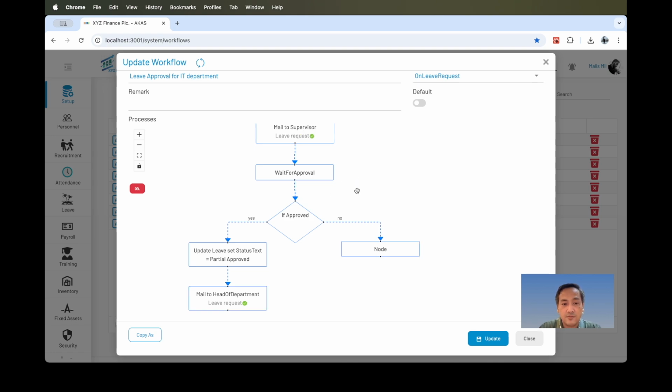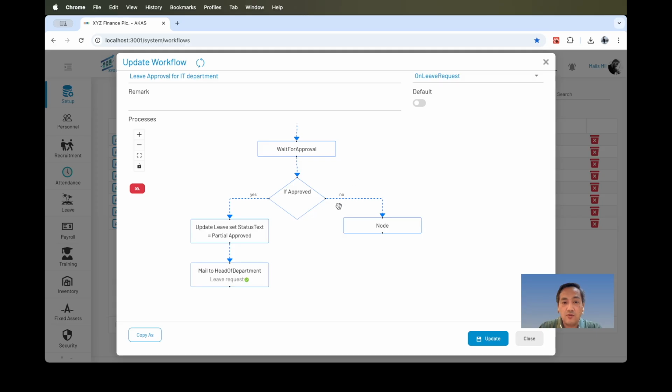All right? So now, what about if it is not approved? Not approved means it is rejected, right? So we can, let's say, update some status, and here we can copy and paste the properties.